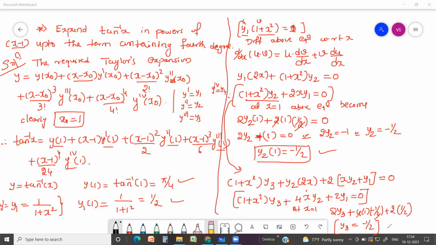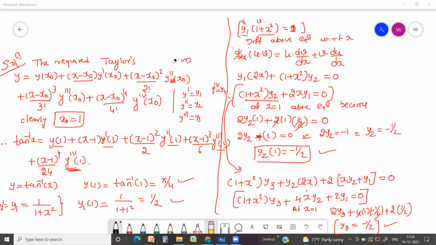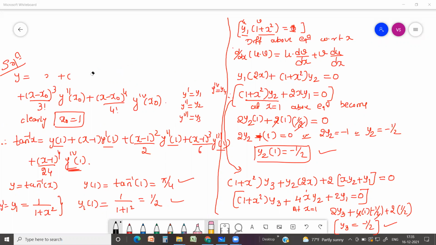So y2 we got, y3 we got. We have to find one more derivative, that is y4. I'll just arrange some space here, because space is needed to simplify. Dear students, if we do the same problem with the direct method, it becomes so complicated. Without using the function, we are just differentiating the notations, y and y1 like that, and it becomes this lengthy. If you use the functions themselves, you can imagine how lengthy the steps would be. So, very simple.